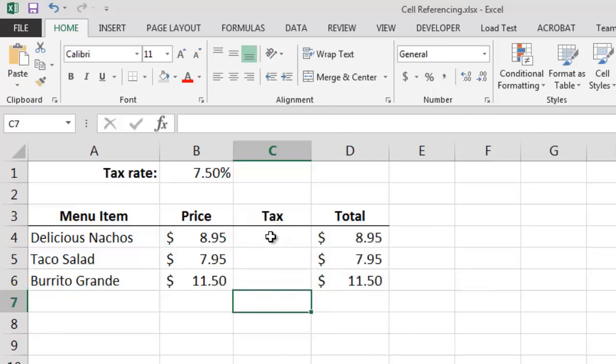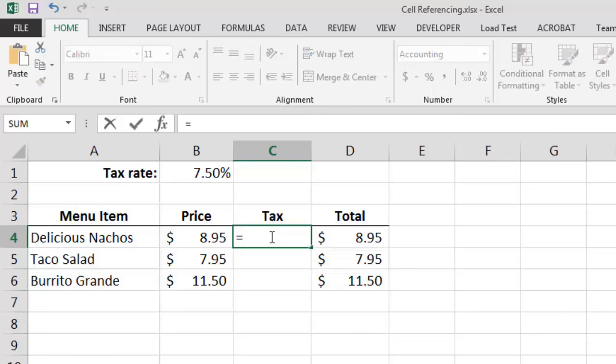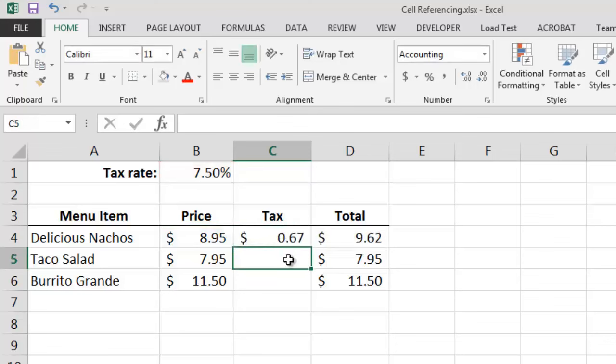Moving to cell C4, I can tell Excel to calculate the amount of tax for the delicious nachos by entering the formula equals B4 times B1, where cell B4 contains the price of the nachos, and cell B1 contains our desired tax rate. When I press the Enter key, we can see that Excel has correctly calculated the tax for